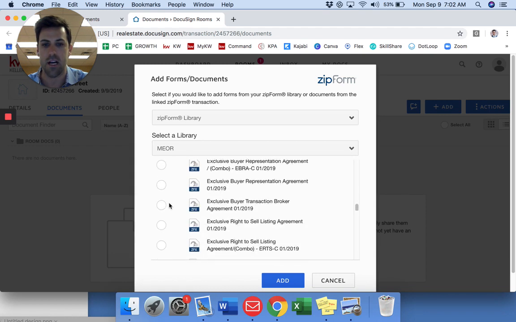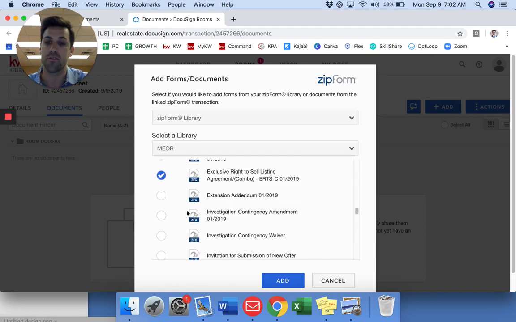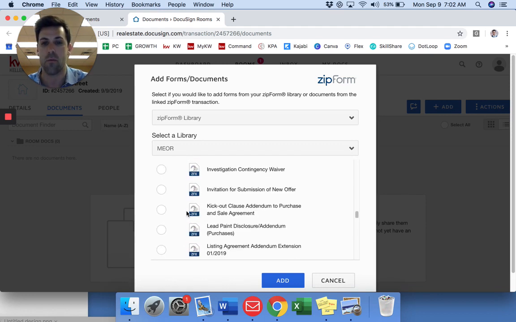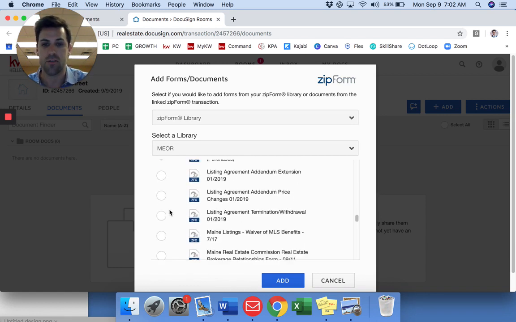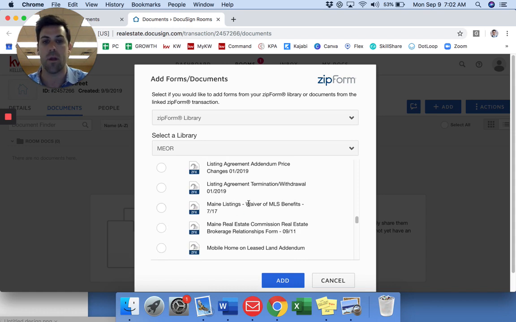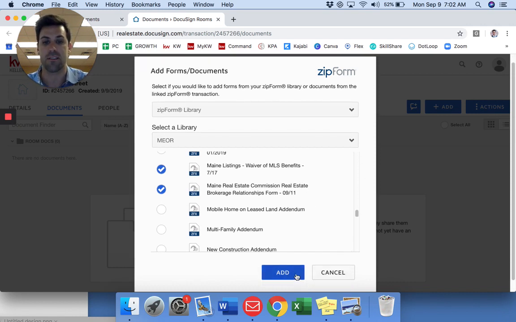Exclusive Right to Sell Agreement Combo, boom, we want that document. We're going to continue scrolling down and see if there's anything else in here that we may want to use. Lead paint, we're going to want that, obviously, if it's older than 1978. We're going to continue scrolling down. Maybe we need the waiver of MLS benefits, if we know we're not going to get it listed in the next couple of days, next 5 days. Maine Real Estate Commission Brokerage Relationship Form, Form 3. So we're going to go ahead and grab all the documents we need for our standard listings and click on